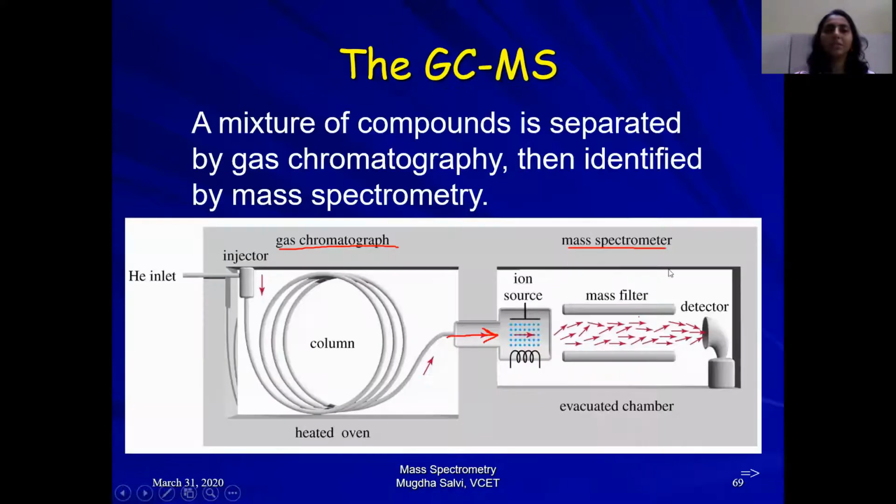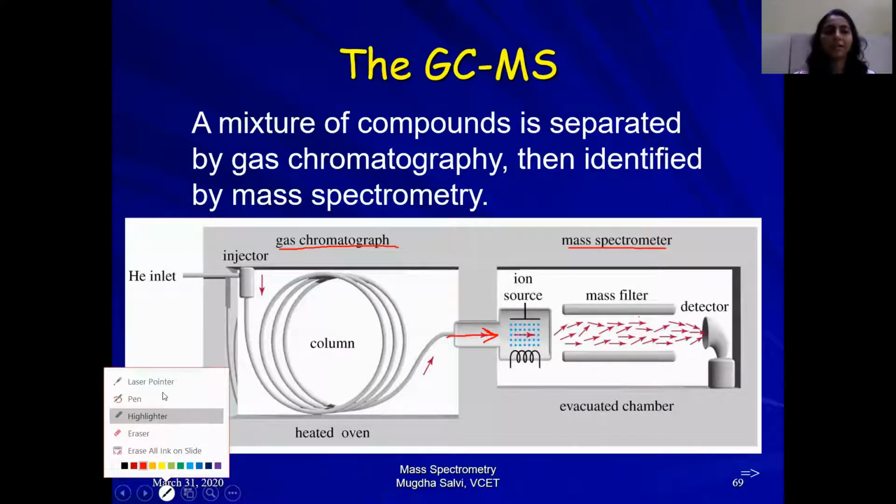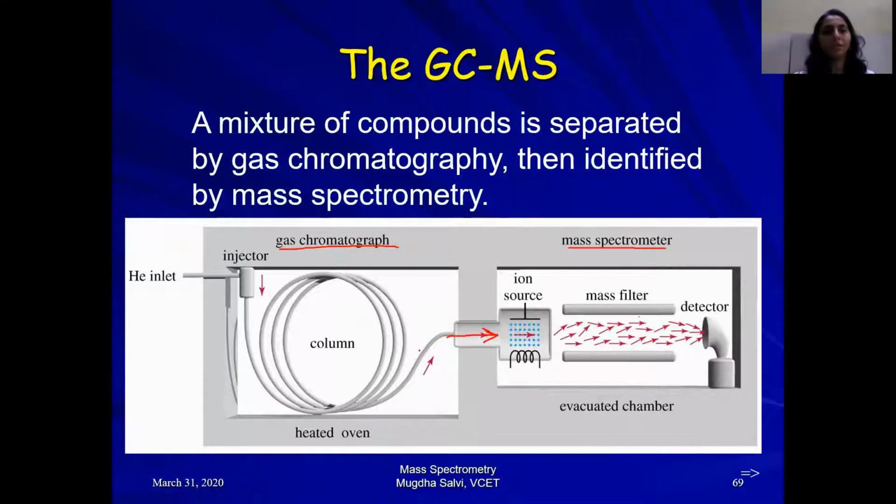Now in GCMS, one thing needs to be kept in mind: for the atoms that are coming from the gas chromatograph, the pressure inside the column is high. Whereas the mass spectrometer is nearly a vacuum. For that reason, you have to have something which will actually lower the pressure of the column in the combination of GC and MS.